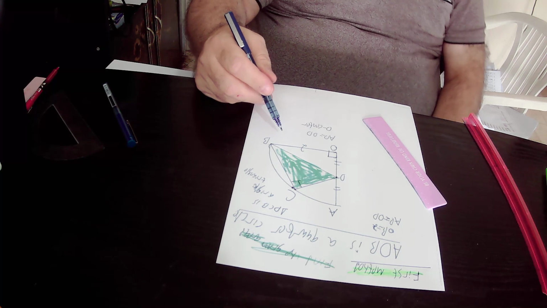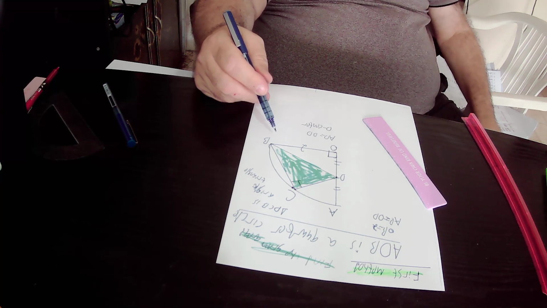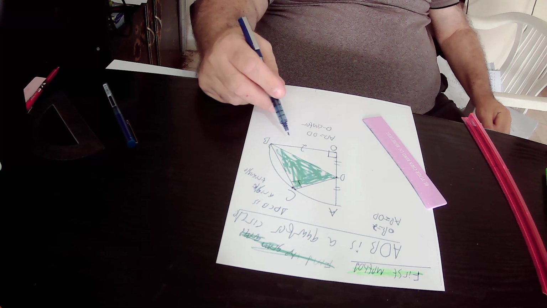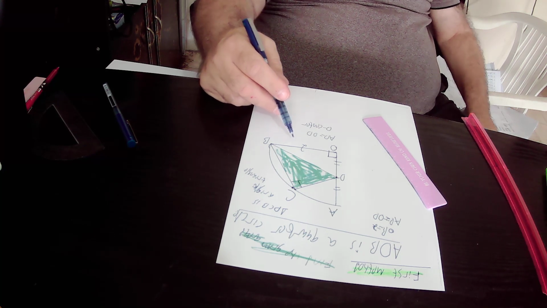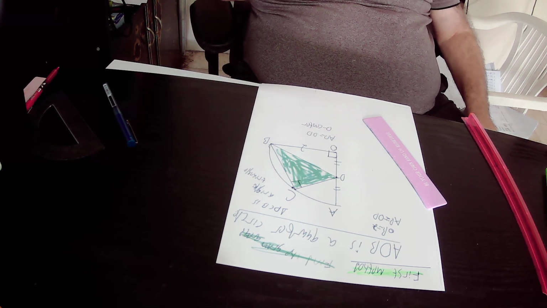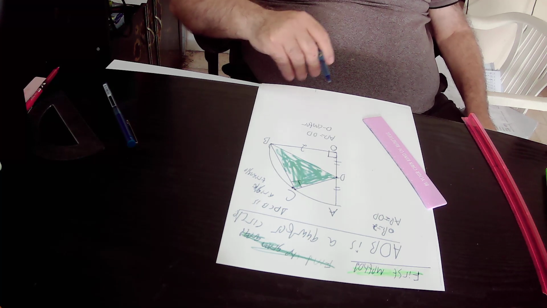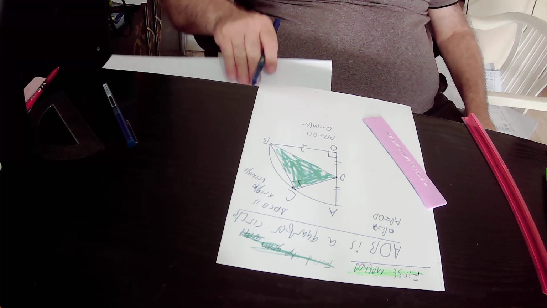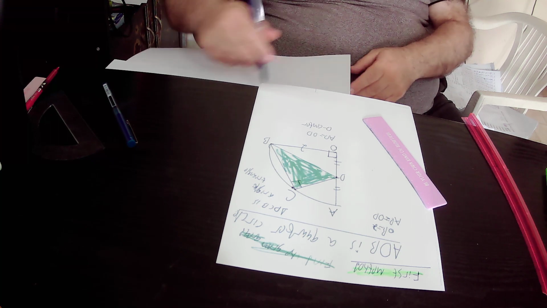OB is the radius of this quarter circle that is equal to 2 units according to what is given. AO is also the radius of the quarter circle, therefore it is also equal to 2 units. So we can write down here that